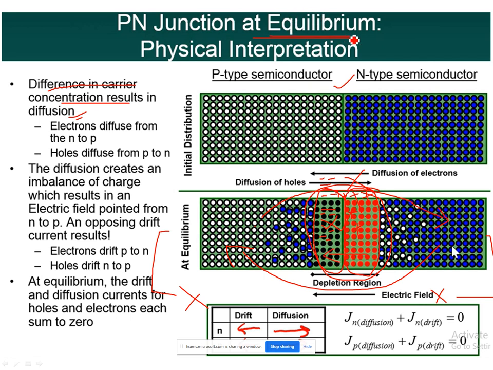And we are seeing a term called equilibrium. What do you mean by equilibrium? Everything has become stable, right? The things will be stable when the drift current and the diffusion current are equal and opposite. They are equal in magnitude and opposite in direction. Then they just cancel each other, right? So whenever these things are happening here, the diffusion current and drift current just cancel each other. They first become equal, and no doubt they are opposite in direction.